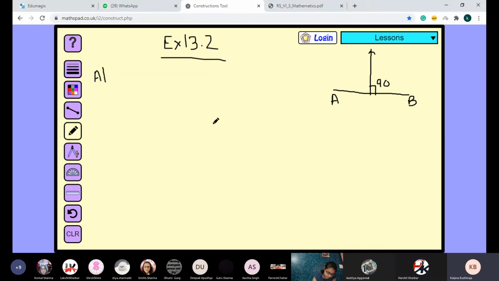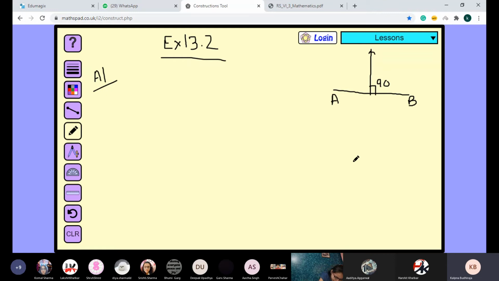So answer 1, let us understand. Draw a line PQ of 5.6 centimeter, then draw a perpendicular to it. Perpendicular का मतलब होता है कि line which is 90 degree to it from a point A which is outside PQ using ruler and compass. I am giving you a rough diagram and then we will make the fair one.